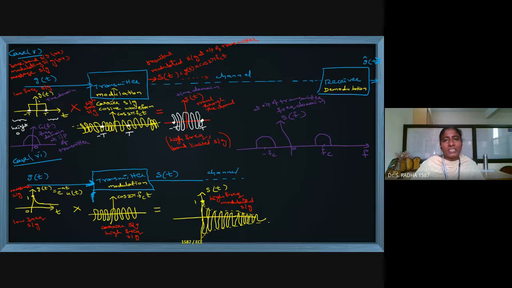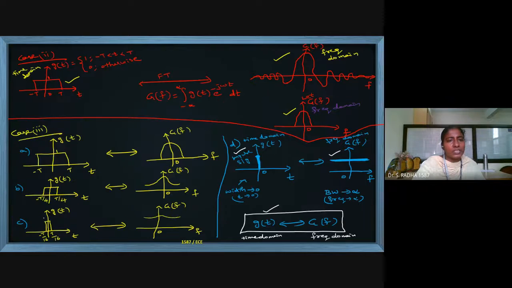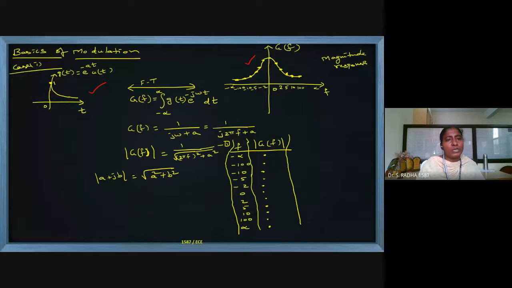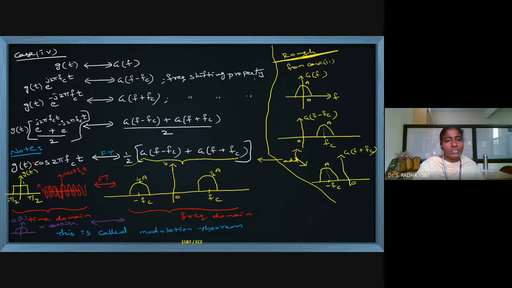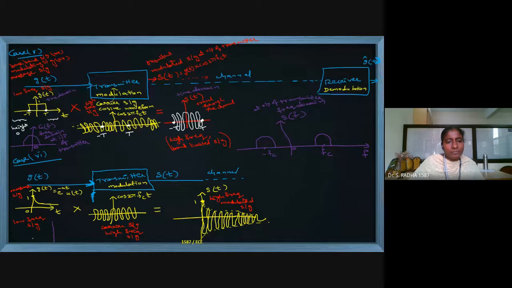G of t is the time domain signal. Now what is the frequency domain? Already I have shown you a decreasing exponential somewhere; you can see the tick marks diagram. For a decreasing exponential, the spectrum will be something like this. So I will take that spectrum. It will not touch the x-axis. With respect to origin, the name is G of f, and this is the frequency domain at input of transmitter. Already the time domain is available at the input of transmitter.